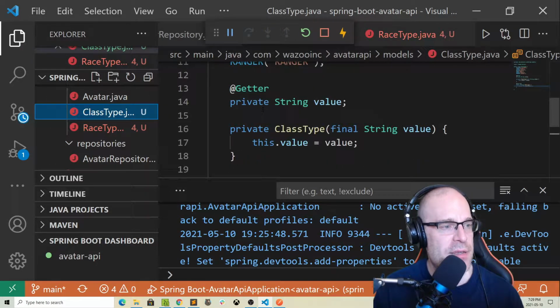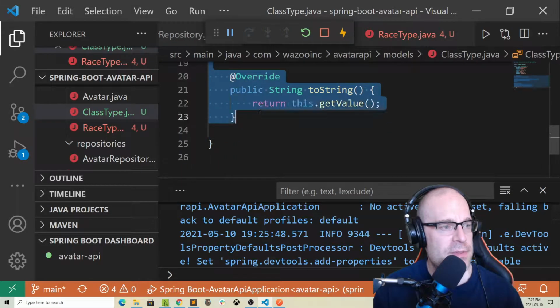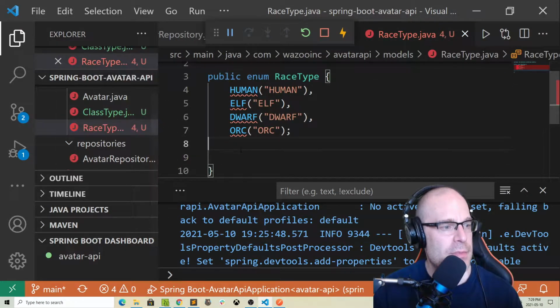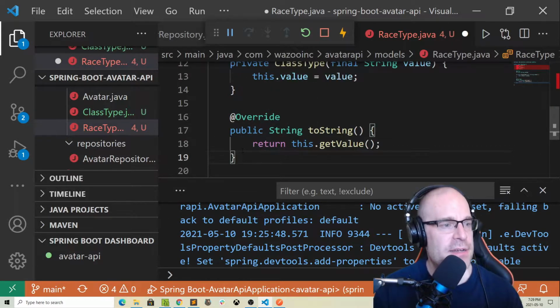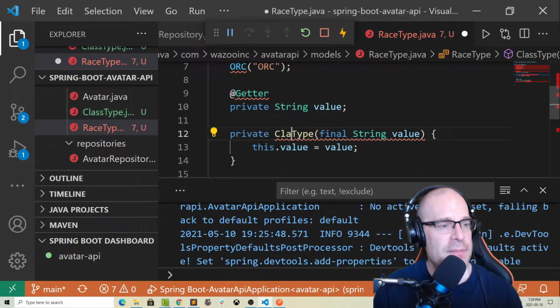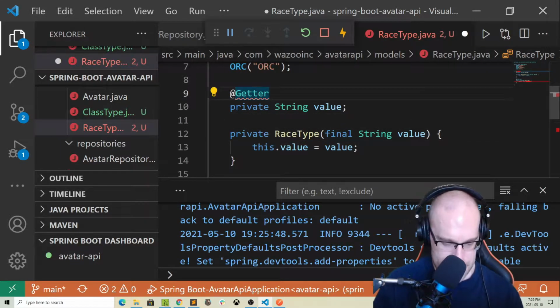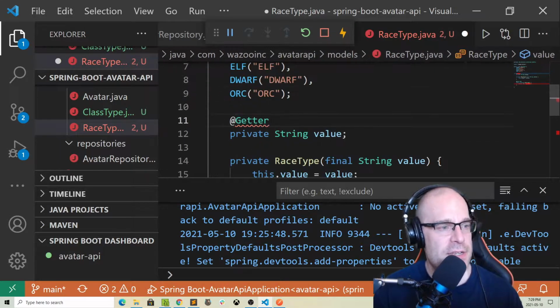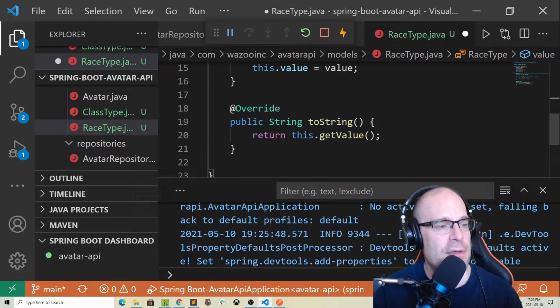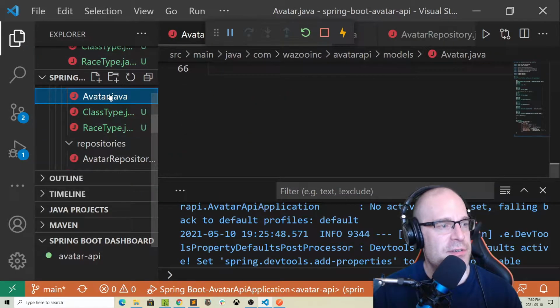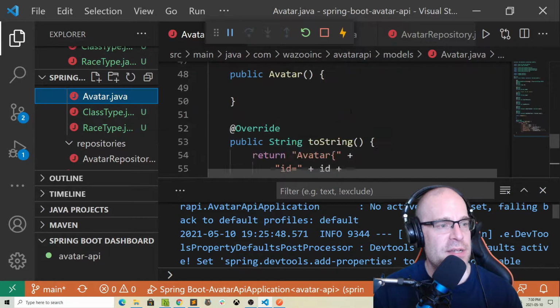We can just copy the getter, the constructor, and the toString. We'll do that right here, and rename this, of course, to race type. Okay. Control dot to import the getter. Okay, looks good. So now what we're going to have to do is go back into our avatar data model,